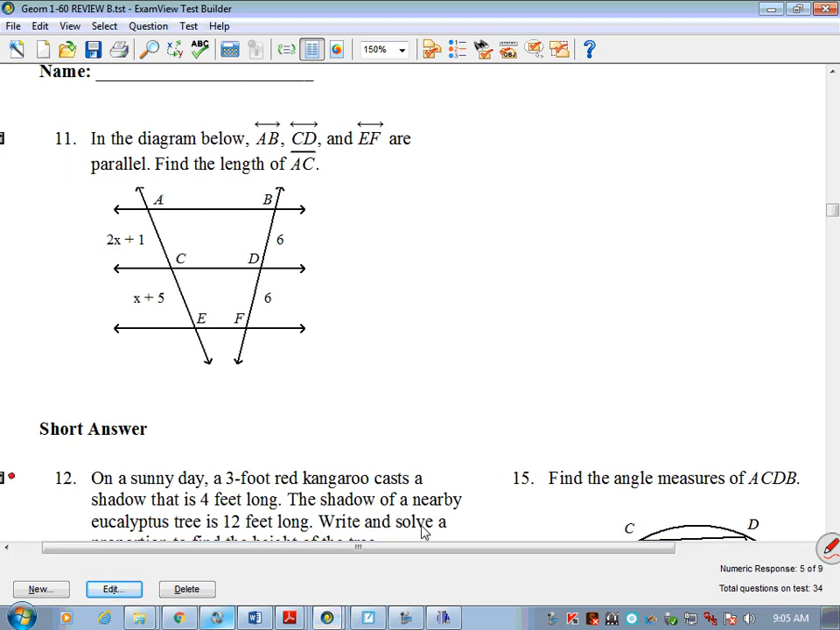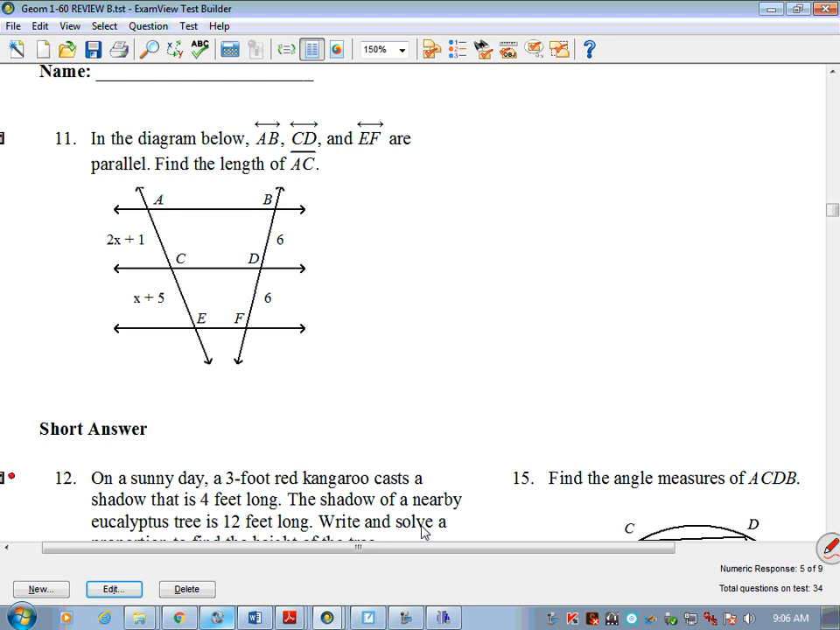Okay, number 11. Number 11 comes from lesson 60, the proportionality theorem. All right, and in our proportionality theorem, what they show me is that if I have parallel lines that cross